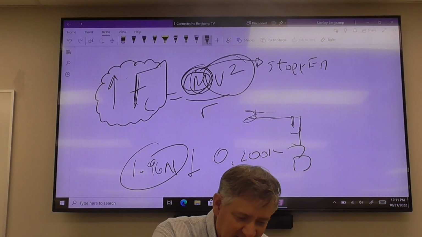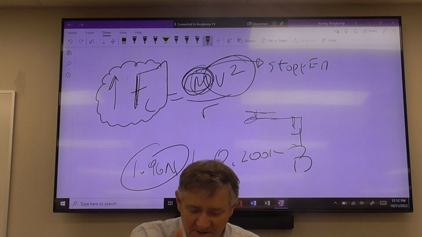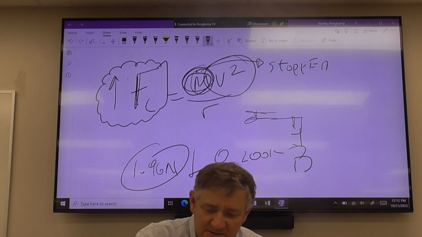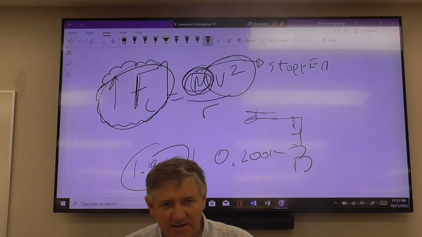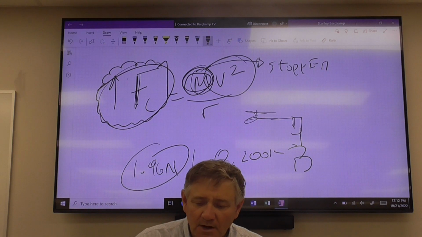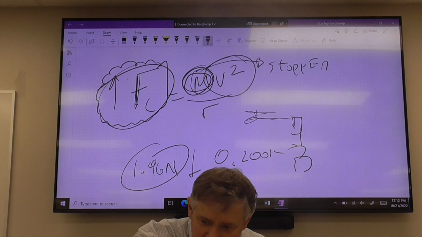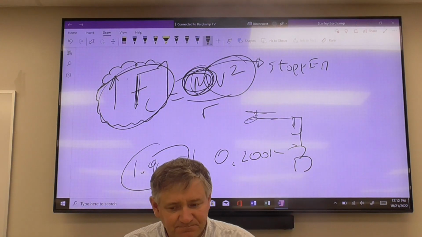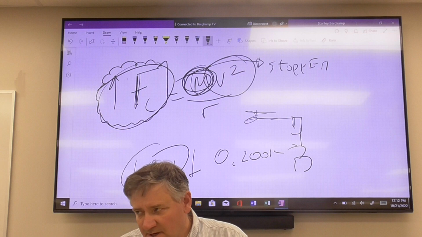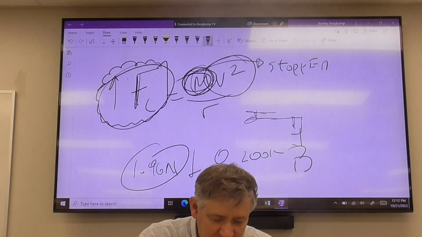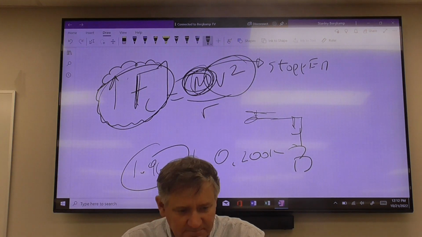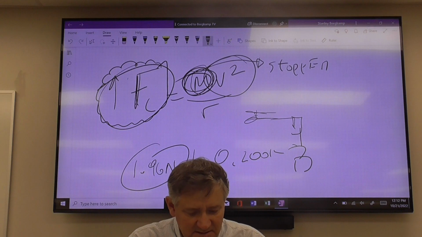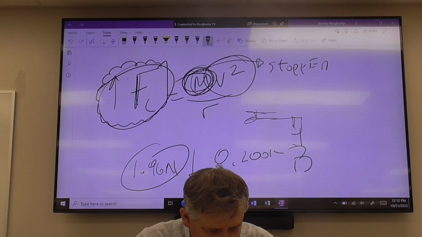Then you're going to tie a little loop on the end, and that's what's going to go on the other end. So the centripetal force is easy to measure: it's the weight of what's hanging down. The mass of the stopper is easy to measure. Put it on the scale. Not a big deal. The radius becomes problematic because, let's say I get this thing up and going like so,